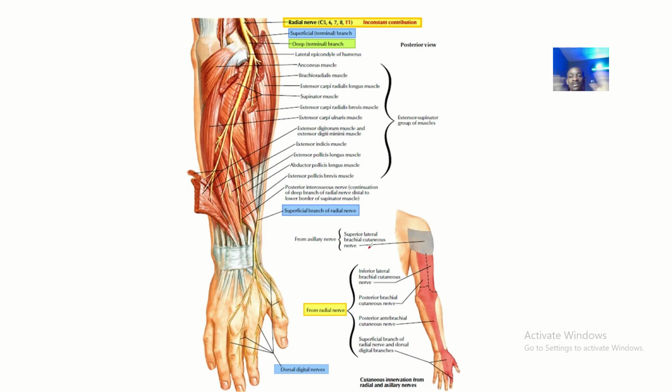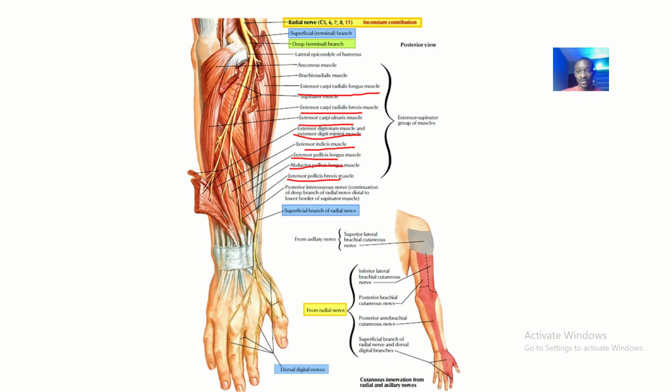We said it is a nerve of the posterior compartment of the arm and the forearm. Let's talk about the muscles of the posterior compartment. Most of the muscles have the word extensor attached to them. We have the extensor carpi radialis longus, the extensor carpi radialis brevis, the extensor carpi ulnaris, the extensor digitorum, the extensor digiti minimi, the extensor indicis, the extensor pollicis longus, the abductor pollicis longus, and the extensor pollicis brevis. These are all the muscles of the posterior compartment, and they are